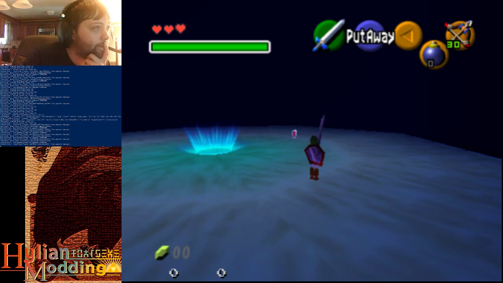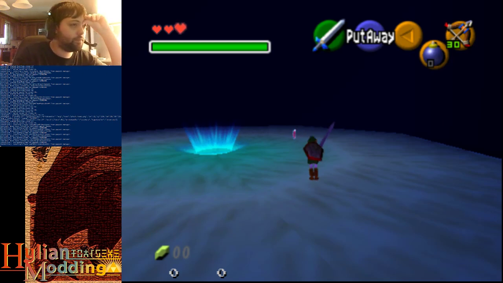Okay, so I got blue warp coordinates for this. Let's see. This is blue warp X, blue warp Y. Okay, that'll spawn the blue warp. It'll delete Ganon from the scene. And then the next thing we have to do is...